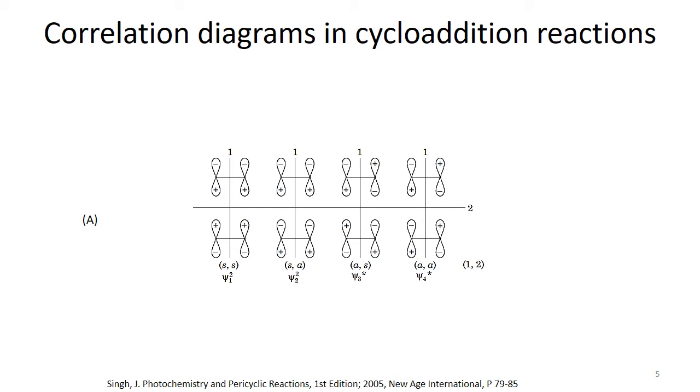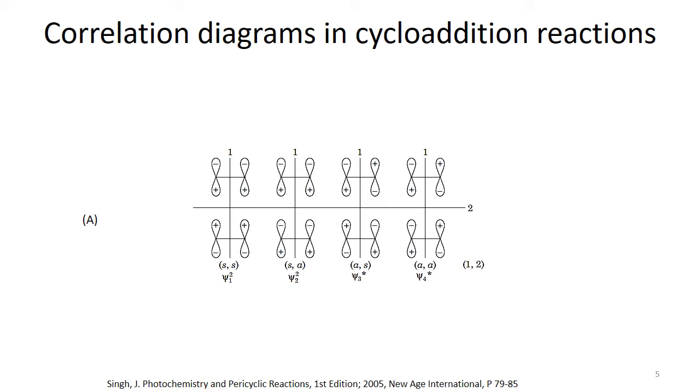And next is psi 3 star. You can say basically it is also psi 3 square, but we are using the star designation to denote the anti-bonding interaction. So here this orbital is generated from the pi star of the ethylene molecule. Again, if we consider the molecular orbital diagram of one ethylene, the signs are opposite to each other. So in this case again we have one supra interaction and one antara interaction, be it supra-antara or antara-supra. So basically they come in the middle.